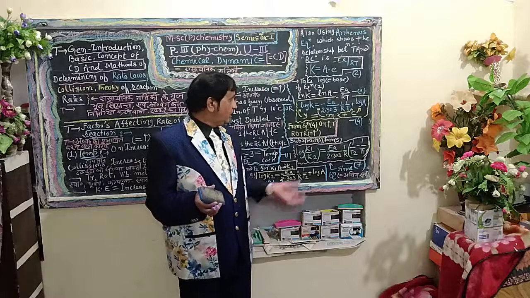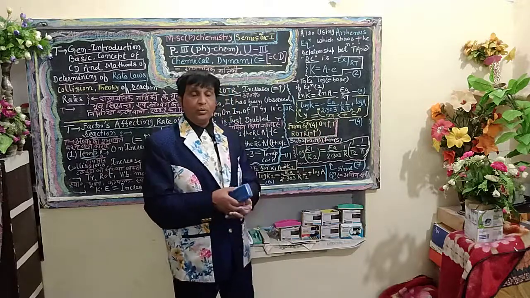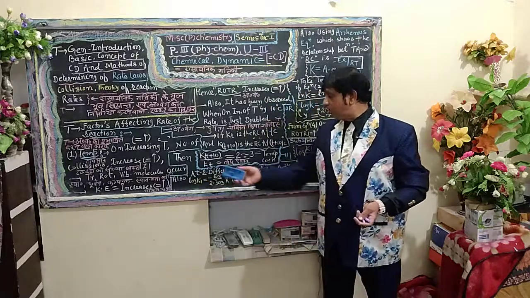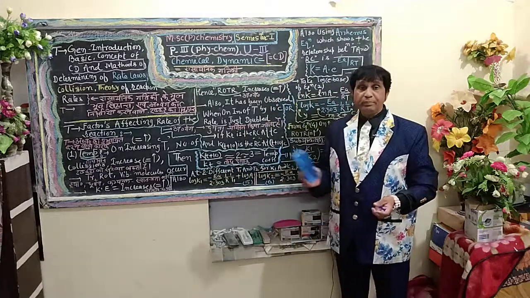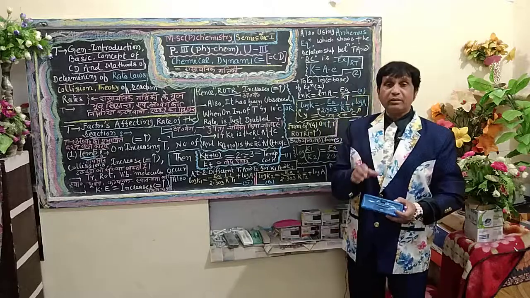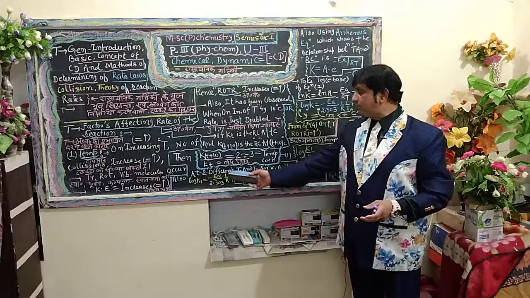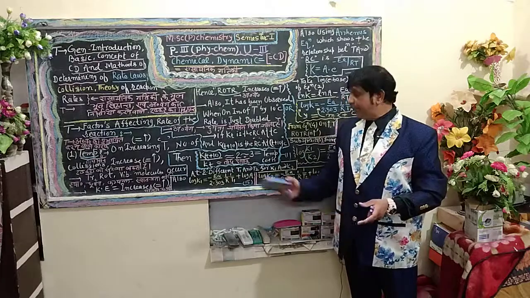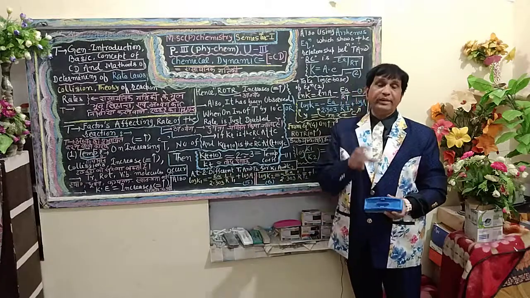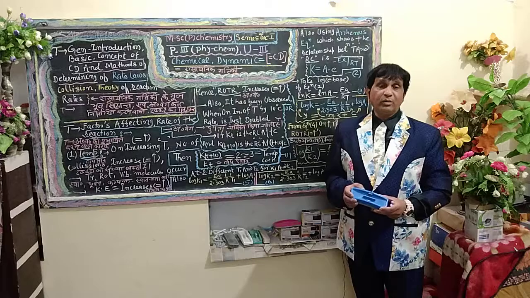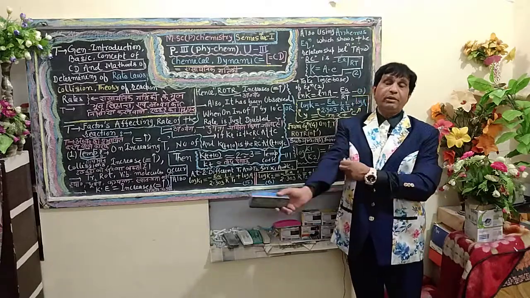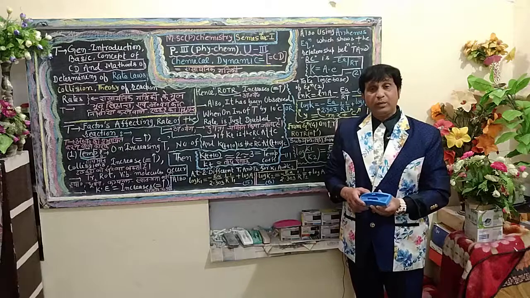Now equation number 4 is converted to two different temperatures, T1 and T2. Suppose we assume the rate constants K1 and K2. At temperature T1, suppose we assume the velocity constant is K1, and at temperature T2, we assume the velocity constant is K2.